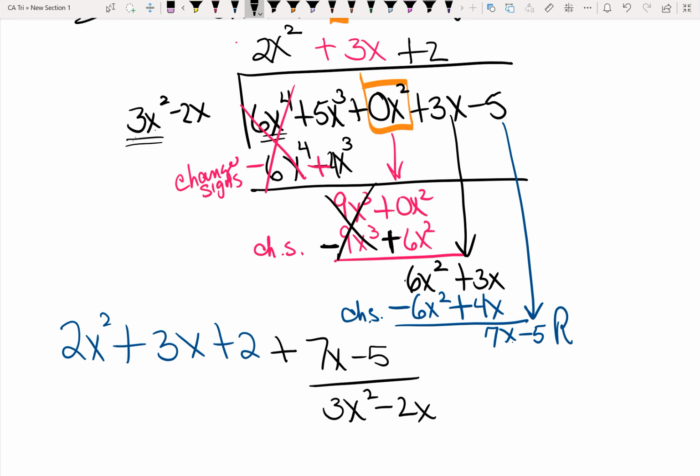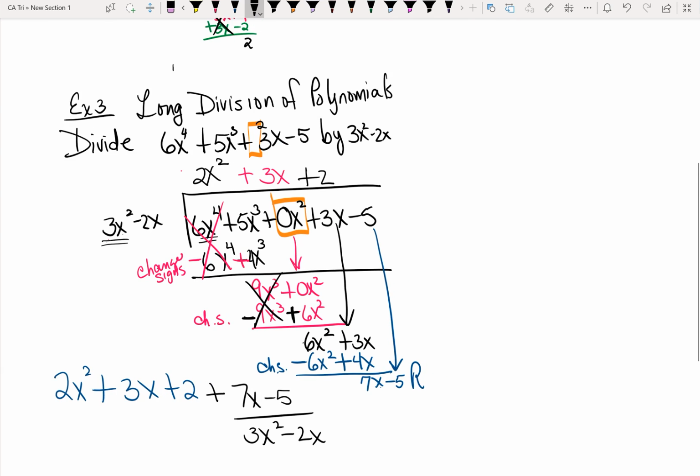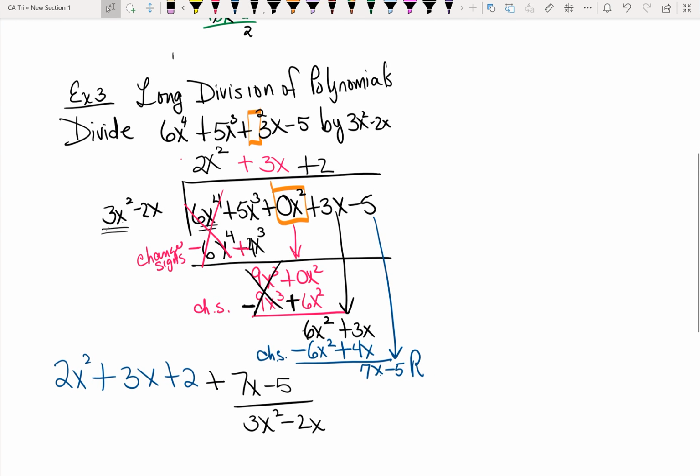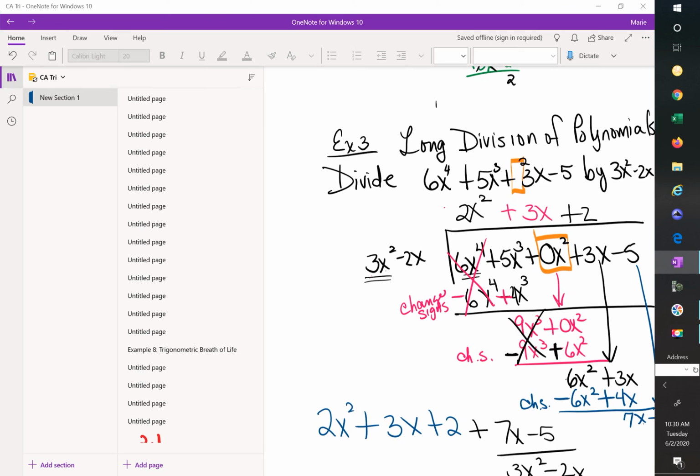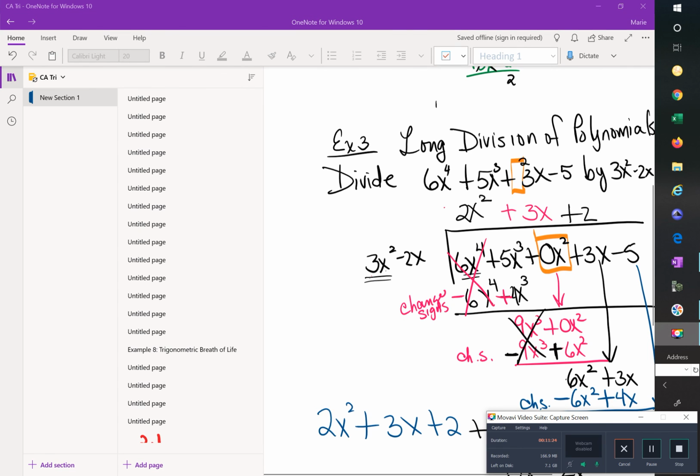Okay, so that's the first 3 examples of this lesson. I'm going to stop the video here, assuming it recorded properly, and I'll continue and send